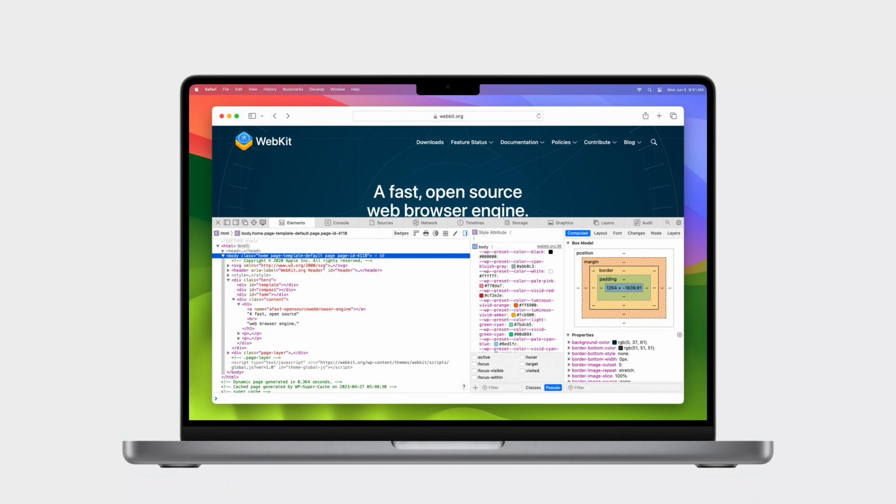Hello, I'm Razvan, an engineer on the WebKit Developer Experience team, and I'm here to tell you about some of the new features and improvements we've made to Web Inspector this year. Web Inspector is part of Safari on macOS, and it provides a powerful set of tools that allow you to inspect all the resources and activities of a website, web app, web extension, or home screen web app.